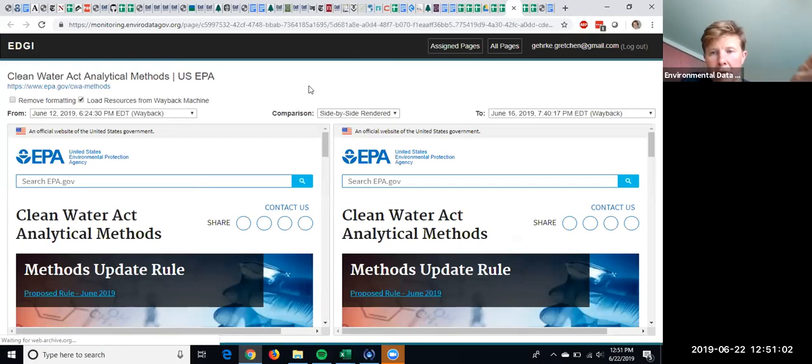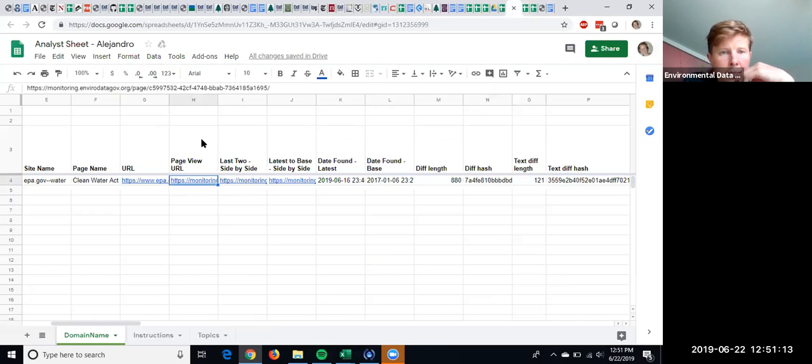Before we moved everything onto Scanner, and when we were still using a third party called Versionista, the columns H and I were different because they had a page view URL that was just that page, but not compared to anything. But since the only view in Scanner is a comparison view, then H and I are now the same, which makes sense. And then the latest to base